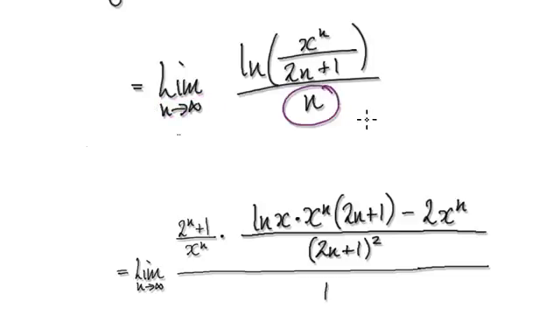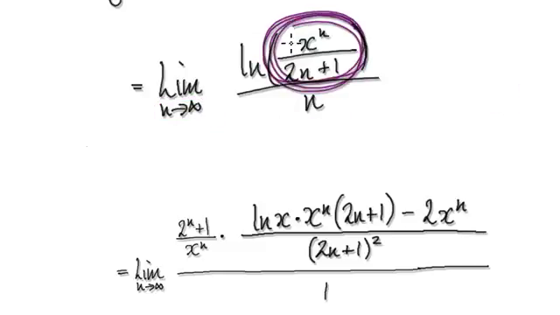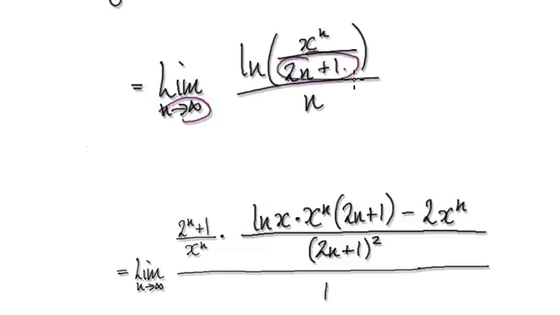As n tends to infinity, the denominator is going to head towards infinity. Let's just look at this bit. What happens as n tends to infinity for this complicated bit here? As n gets bigger and bigger, we can pretty much ignore this plus 1. It's negligible. As n gets very, very big, this thing here is going to be very, very big, and then you're going to add a tiny, minute amount. Let's forget about this one. It's negligible. So it really boils down to x to the power of n over 2 to the power of n, which as n gets bigger and bigger,